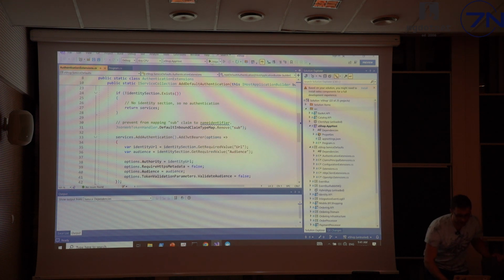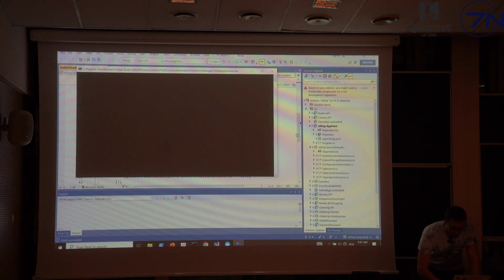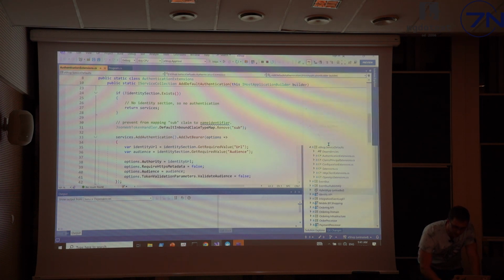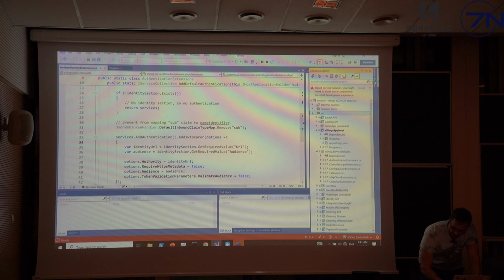It's going to take a while to run it on my laptop. But I encourage you to take a look at this repo. I know that many people say that Aspire will most likely work only fine with very simple projects. I will show you how many things this project has.